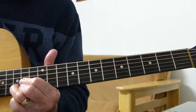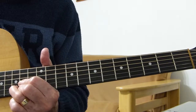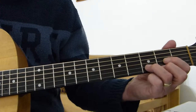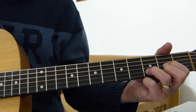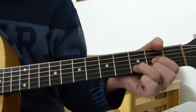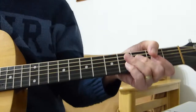Okay, and when you actually play it properly, when you hit that D high up, you can start strumming, and after you've done a few beats on that, you can go right down to the normal D on the 2nd and 3rd fret and start singing. Right, okay, so